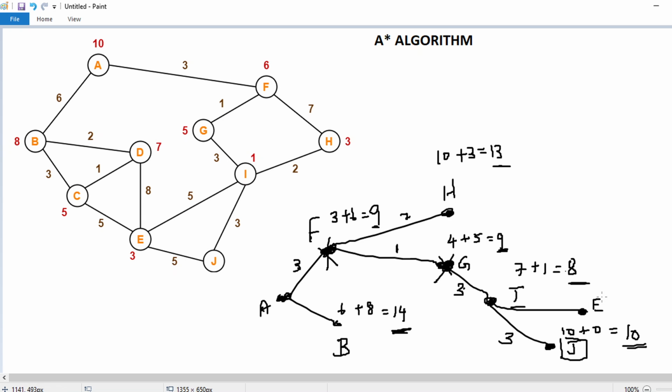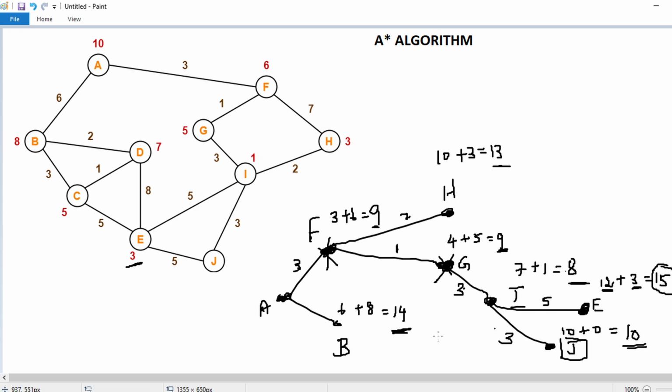But in case of E, what is happening? If you go to E, it is 5 and 3 plus 1, this is 7, 7 plus 5 is 12. 12 is the G value. If I go from E to J, it is 3, so equal to 15, okay, so it is not less than 10. To go to E is 12, this is G. What is the heuristic from E? This is 3, put over here, so it is 15, so this is bigger, this is an open end,